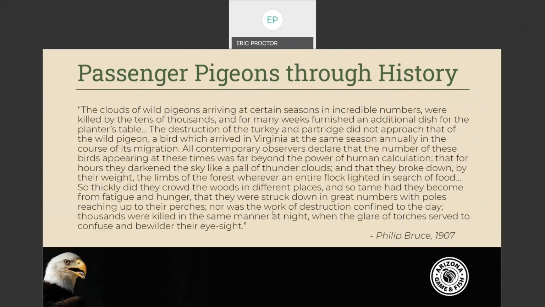This was an account of the passenger pigeon at the beginning of the 20th century. You can see in 1907. Notice the marked change. I'm not going to read this whole thing. I don't necessarily expect you to read. I know it's a lot of text that shouldn't be on a slide like this, but I wanted to get the whole quote in there.